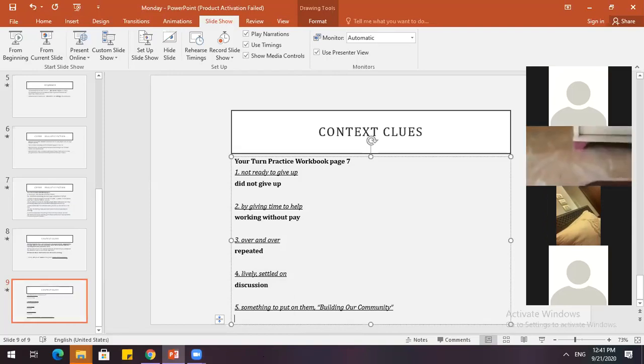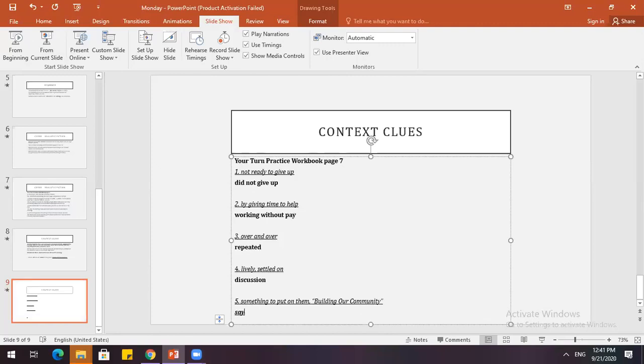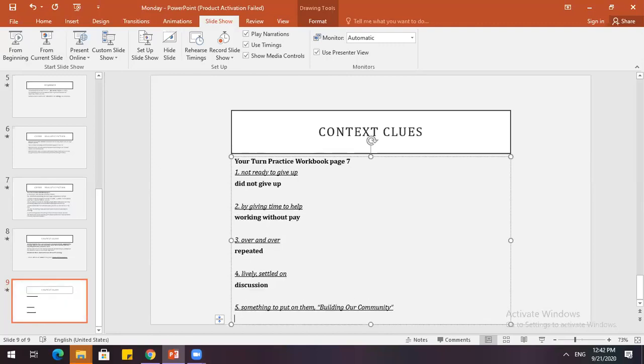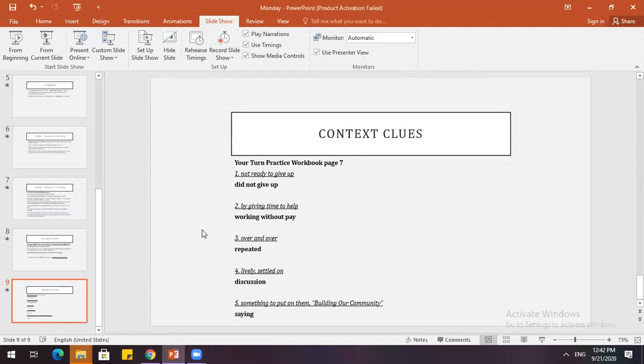All right, so these are our context clues. So what do we think slogan means now that we have these clues? What does slogan mean, Mustafa? Slogan is a saying. Right? Saying. Like McDonald's. What is McDonald's saying? I'm loving it. Pizza Hut's slogan is share the good times. So there are many entities that have their slogan. All right? So a slogan is a saying that represents them. So building the community represents